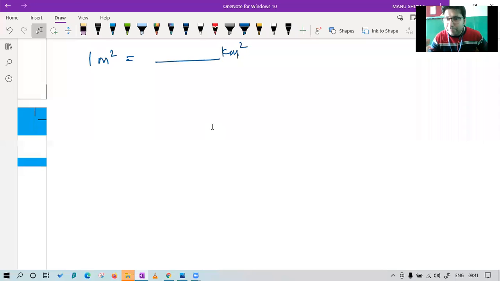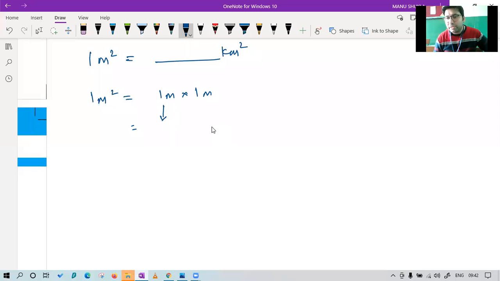Okay. Let me show you. Karnik Khera, no, a mistake is there. Can I say 1 meter square is same as 1 m into 1 m? Class, can I say this thing? I can say. Now tell me, what is the value of 1 m in terms of kilometers?